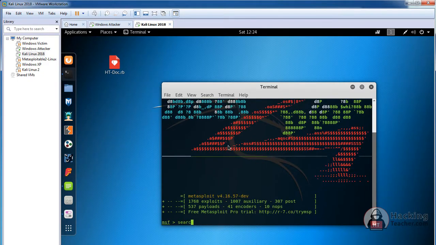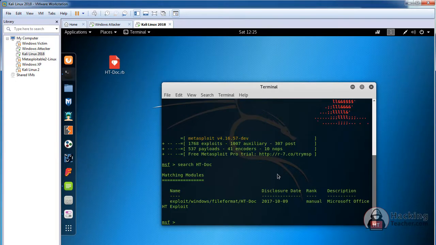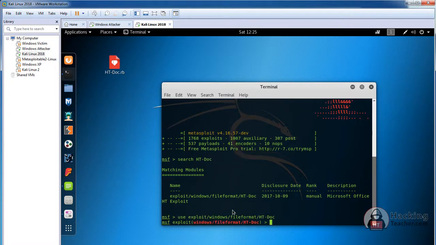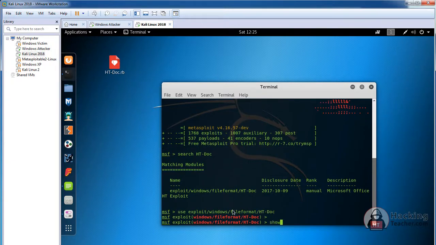So now I search for the same name which we copied into Metasploit, htdoc, and it found it. So I use this exploit, show options.